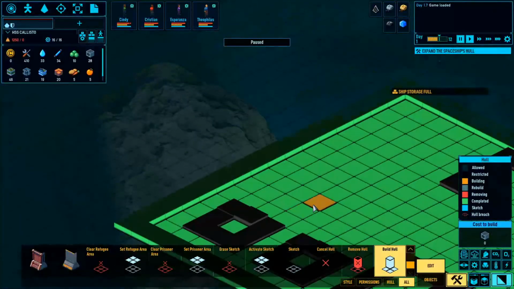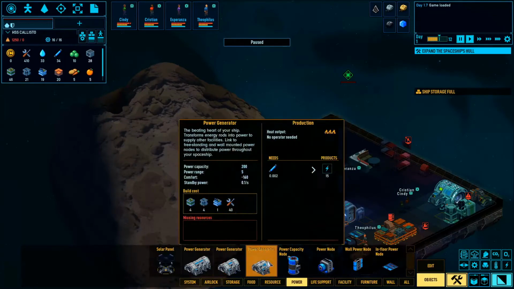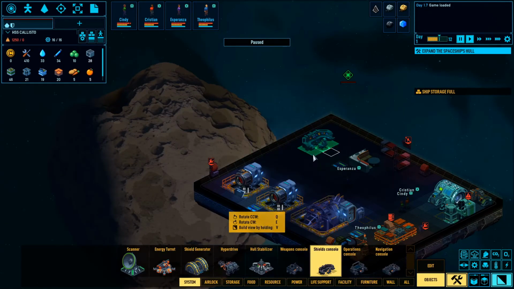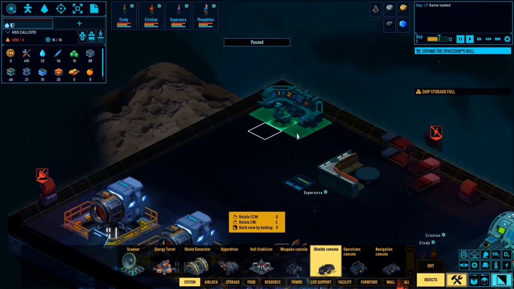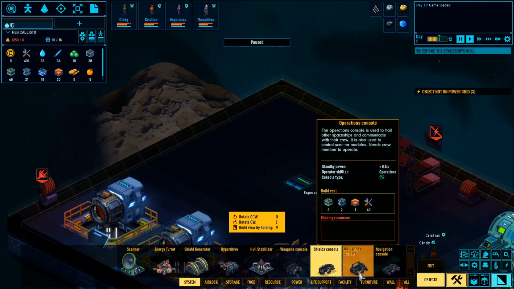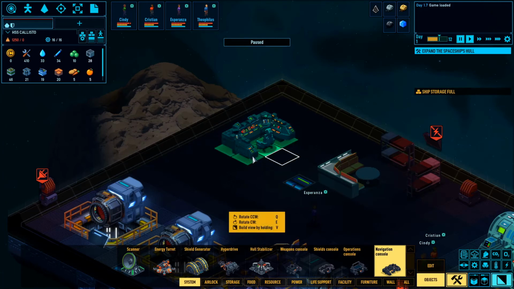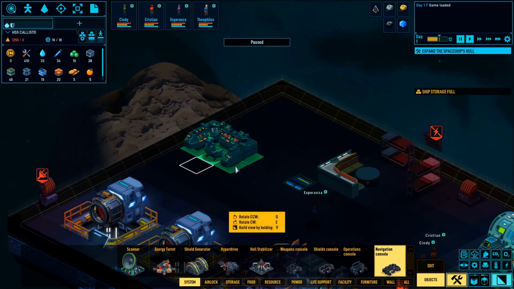Okay. Okay, first, before I do that, I'm going to go over here because I remember last time we saw consoles. So I could do a console like this. So suppose we have shields here, operations here. 1, 2, 3. Yeah. And then we could have navigation. I'm putting my finger on the screen right now. I know you can't see that, but...